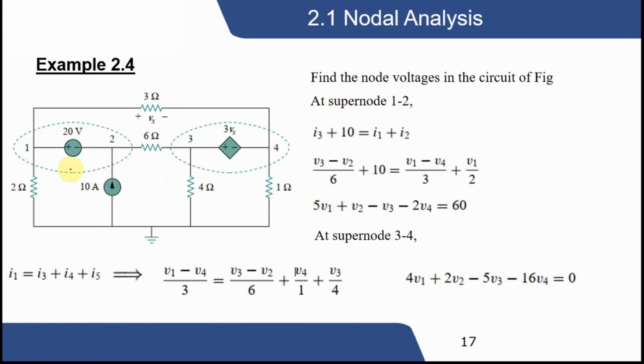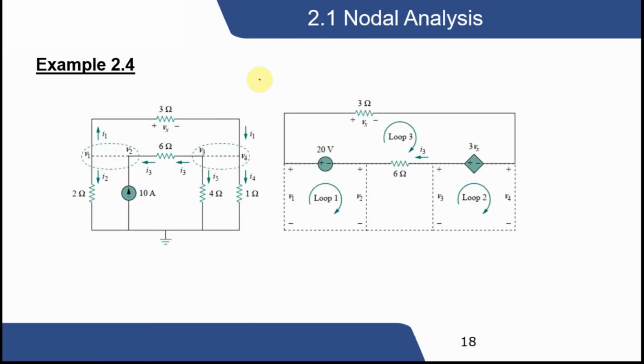As we have a super node, one node here, one node here, so when we have two super nodes, let's take a diagram first to understand this. As you can see, the first node, we have to short the first node. This is I2, this is I1, this is I3. This is the assumption. You can also take I3 from this side. Whatever current direction you select is your choice. So this is I5, this is I4.